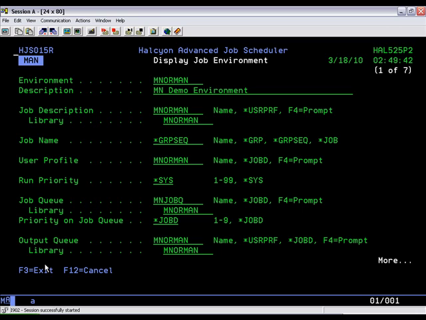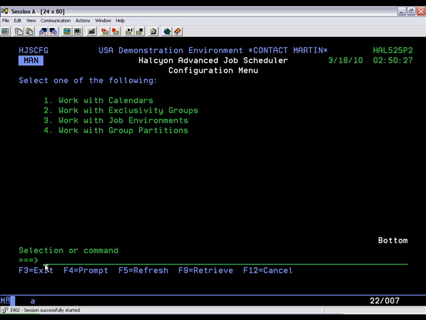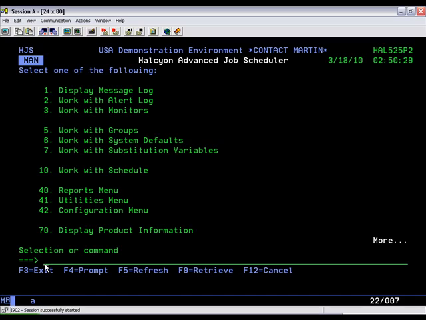So you could define multiple job environments for, let's say, a payroll system or part of your ERP system, so that all jobs with similar attributes when they are submitted can be defined more easily. The utilization of an environment will be shown later in the demonstration. Returning back to the menu and then back to the main menu,